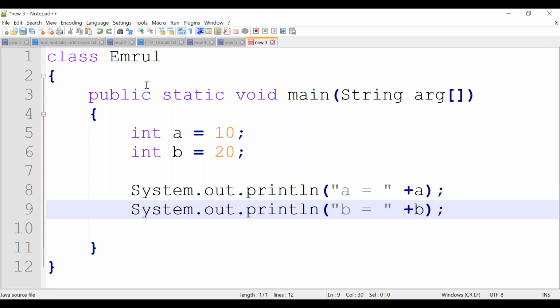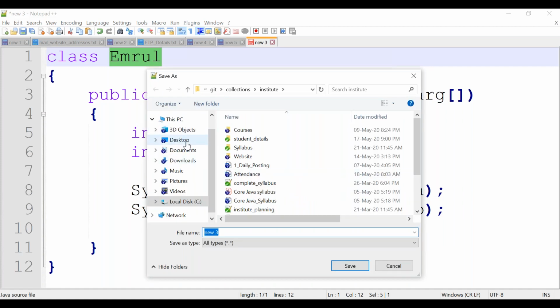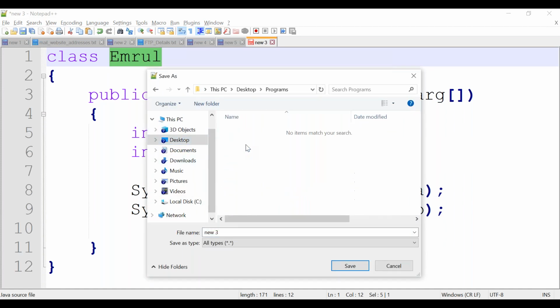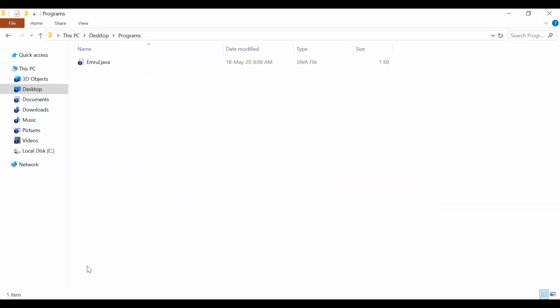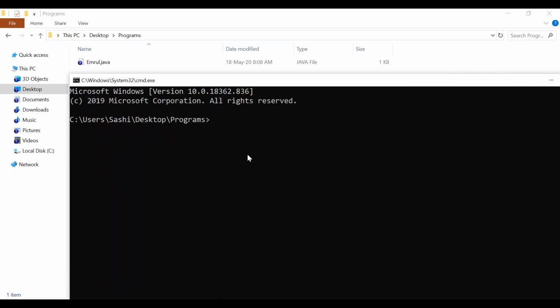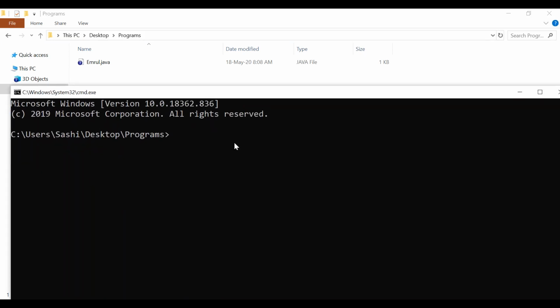Yes, let's save it. Save under desktop. We have one directory called programs. Save as class name dot Java. Let's open the command prompt from here. Let's compile it.